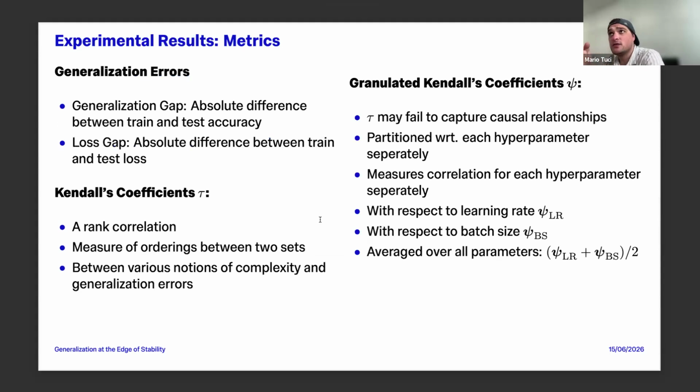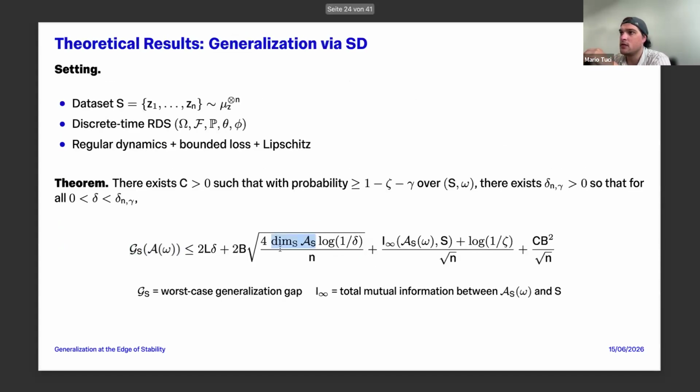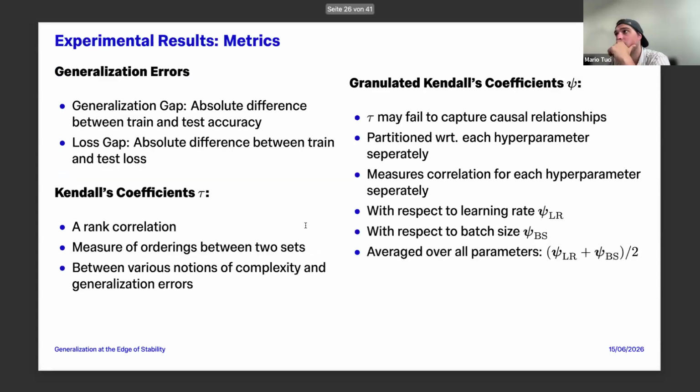We go back to some experimental results. So of course we want to know now, we obtained this quantity, and we want to see if it actually says something about the generalization gap, also empirically. The generalization gap is basically defined as the absolute difference between train and test accuracy. To that we have access: we have some test set, we train the model, we look at the train loss, we look at the test loss, and then we look at the difference to estimate our generalization gap.